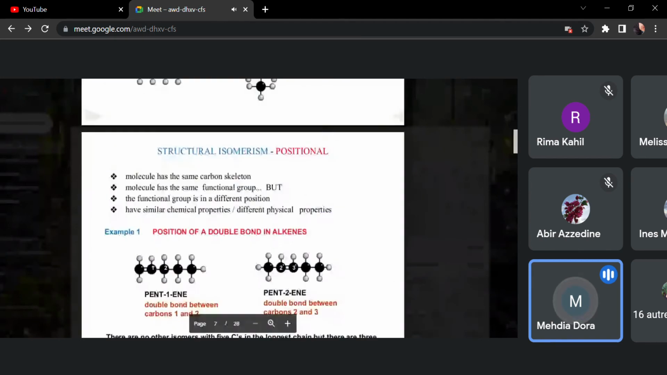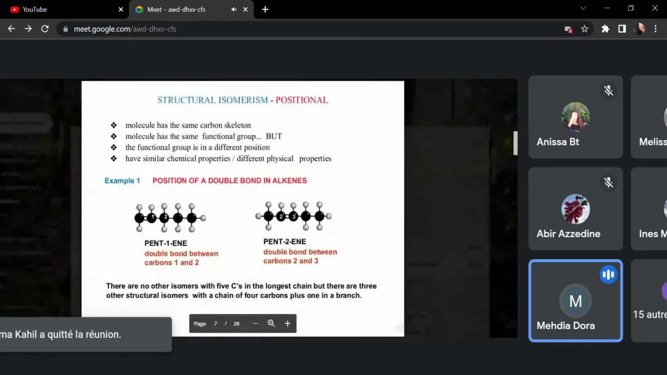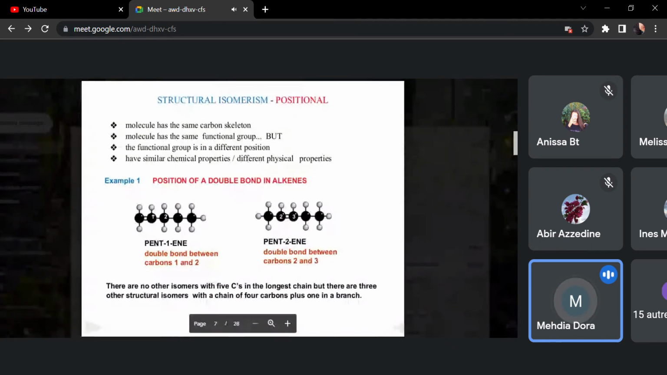So let's go to the other one: structural isomerism about position. About positional isomers, as we said, first, we have the same carbon skeleton. We also have the same functional group. We have similar chemical properties, but slightly different physical properties, okay? So here we have the example of pent-1-ene and pent-2-ene, okay? So we have to name